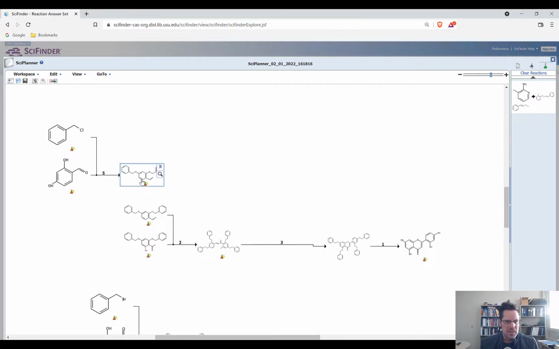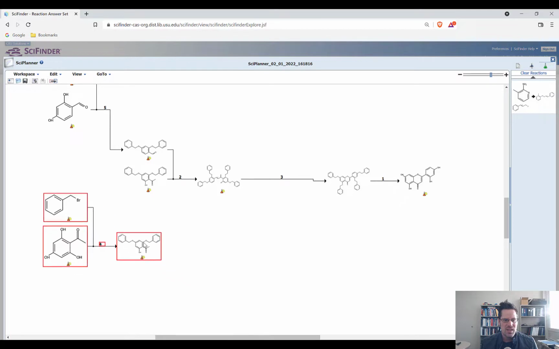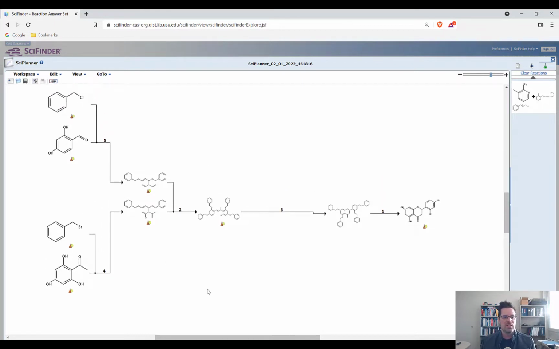So you can see that this molecule is exactly the same as that molecule. So I'll lay the one on top of the other, and then I will grab this, and then I'm going to go right here, and I'm going to grab this one and lay it on top of that. You see that? All right, so what we have here is a total synthesis that begins with some relatively simple